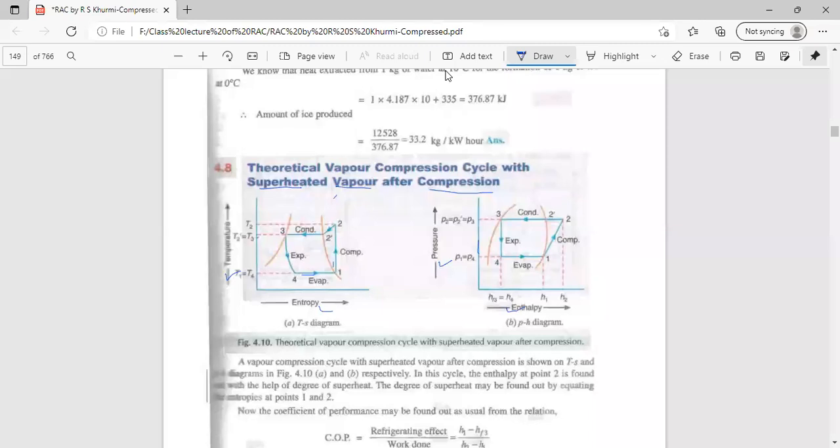We know this region is the wet region, the vapor and liquid region, and this region is the superheated region. Now, at the time of condensation, it first reduces temperature. It is not totally isothermal. It reduces temperature from 2 to 2' and reaches the saturated vapor line, and from 2' to 3 condensation takes place isothermally, reaching point 3, where the full vapor of the refrigerant is converted into dry saturated liquid refrigerant.